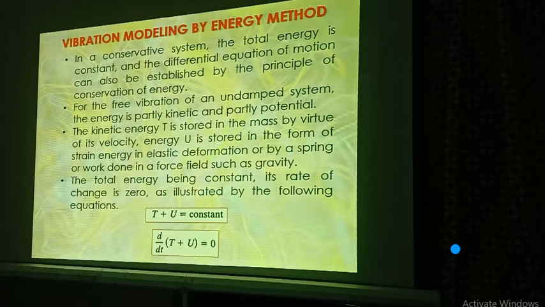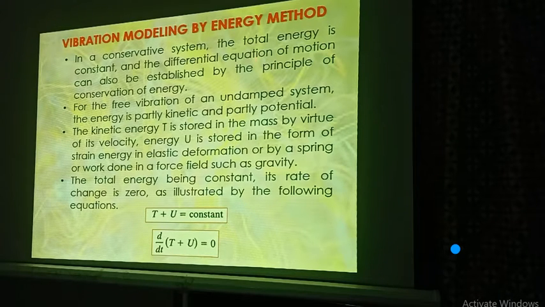The third is the elastic element, and it can store potential energy. So for a particular mass spring system the sum of kinetic and potential energy will remain constant, and if we take the derivative, T plus U is equal to constant, where T is the kinetic energy and U is the potential energy. So we take the derivative of the sum of kinetic and potential energy and it will be equal to 0, and from that we can derive the equation of motion, and from that equation of motion we can derive the natural frequency of that particular body.